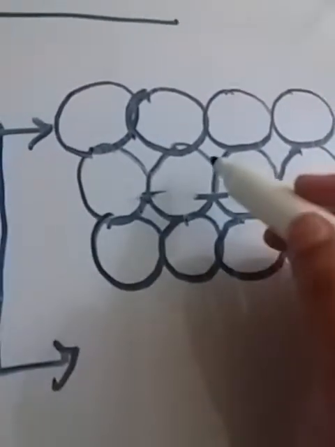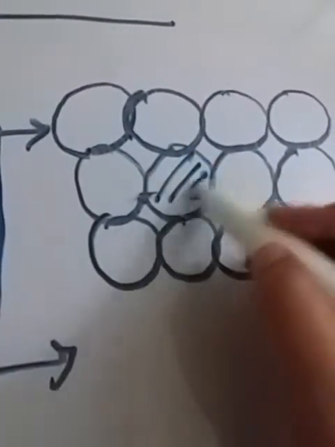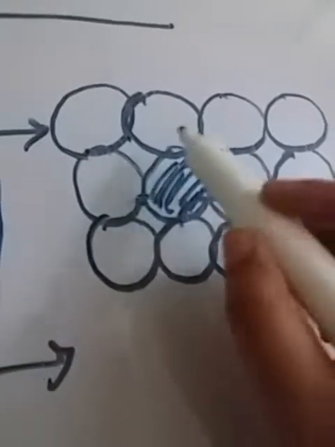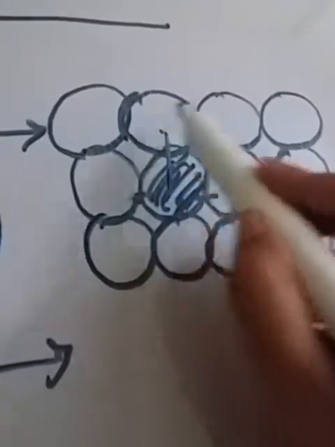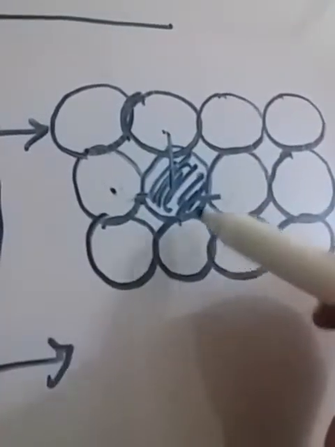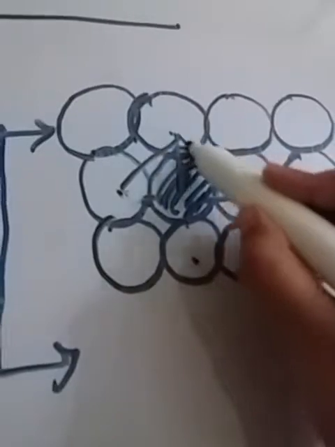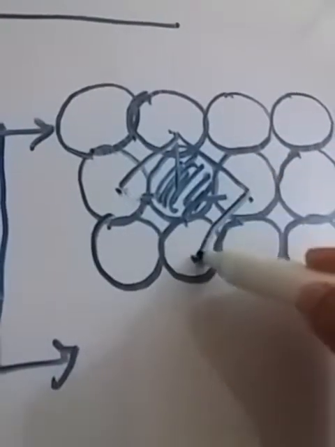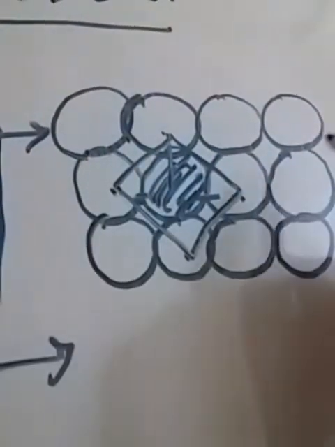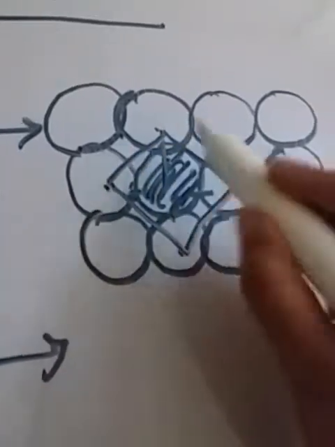Suppose now I take this atom again, directly attached to this one, this one, and this one. Is it directly attached to this one and this one? No. So when we join them by straight lines, we get a geometry, as we read in the previous video. This we got, the geometry is square type.